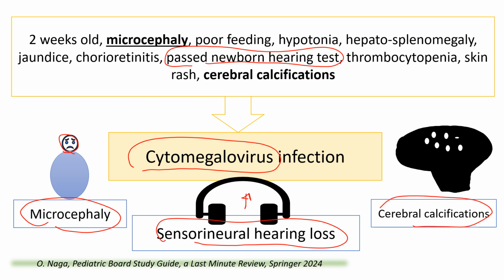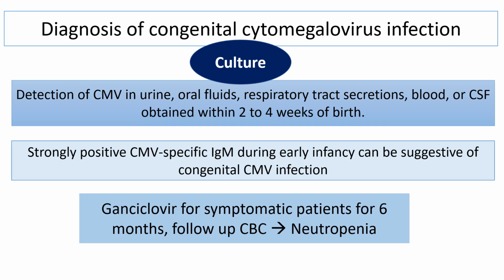Cerebral calcifications. In cases of cytomegalovirus, the cerebral calcifications are periventricular. In cases of toxoplasma, they will be diffuse all over the brain, or diffuse cerebral calcifications. Very important to know the difference. So cytomegalovirus, periventricular. Diagnosis of congenital cytomegalovirus infection during the neonatal period is by detection of CMV, by ordering CMV urine culture,